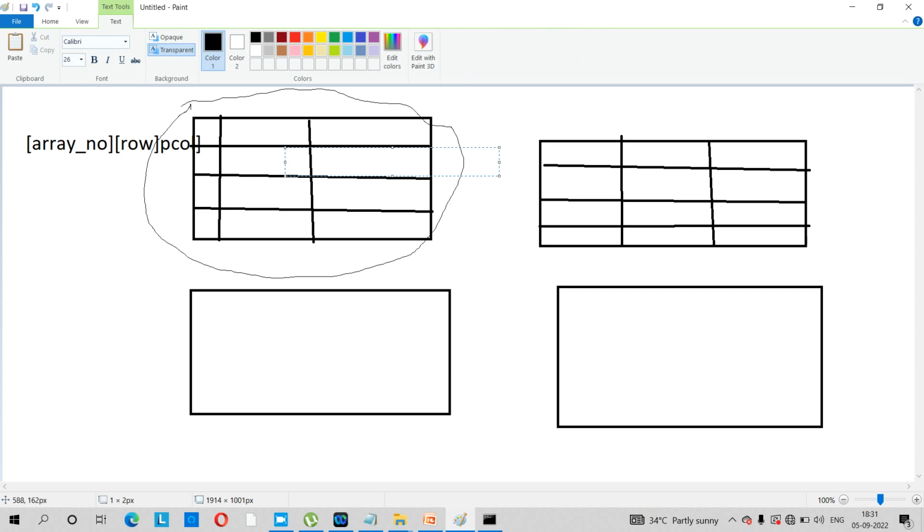Suppose you want to identify this position, what is this? This is array 1. Index should start from 0, so 0, 1, array 1. What is the row? Row 0, 1, 2,